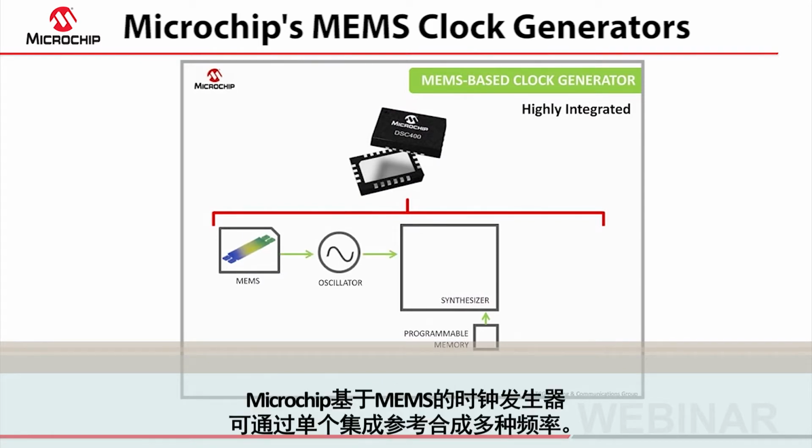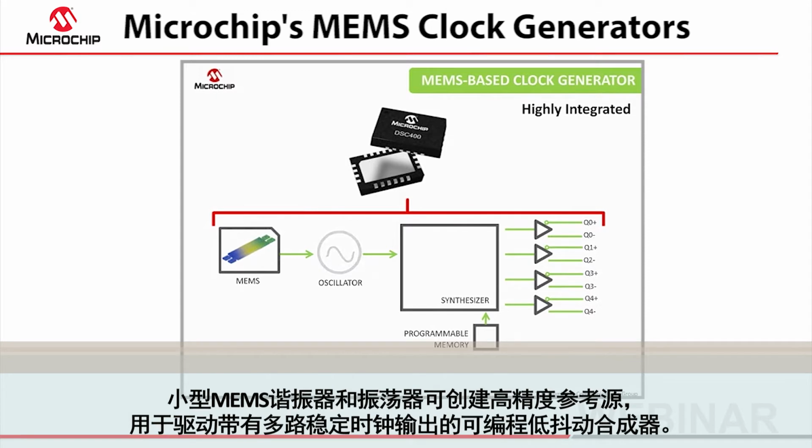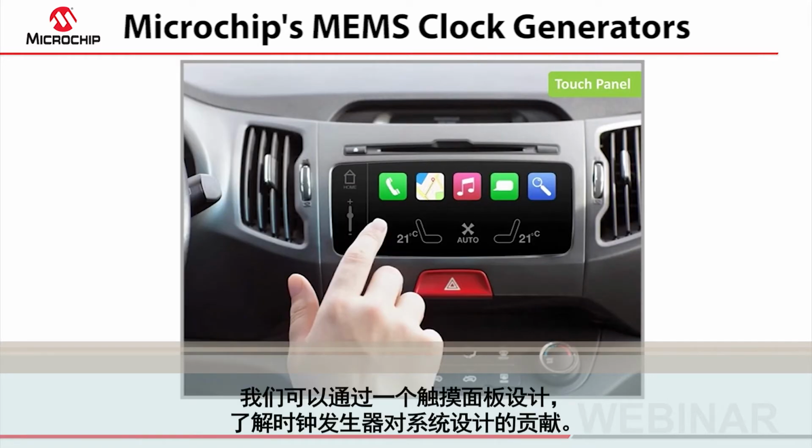Microchip's MEMS-based clock generators synthesize multiple frequencies from a single integrated reference. A tiny MEMS resonator and oscillator create a precision reference source that drives a programmable low jitter synthesizer with multiple stable clock outputs. To understand how a clock generator benefits a system design, let's take a quick look at this